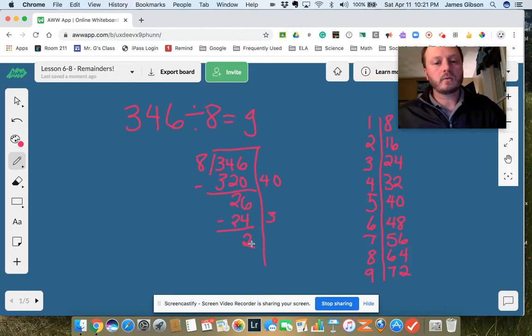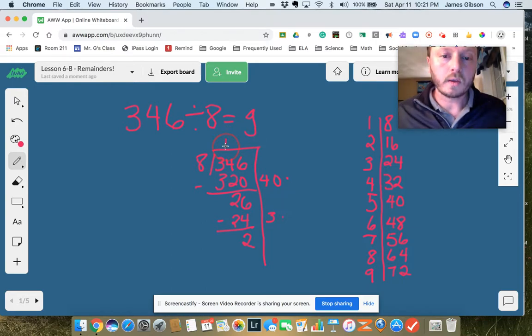And can 2 be divided by 8? No, it can't, at least not with whole numbers. So we are done. Now we can add up 40 and 3, and we get 43, and we have a